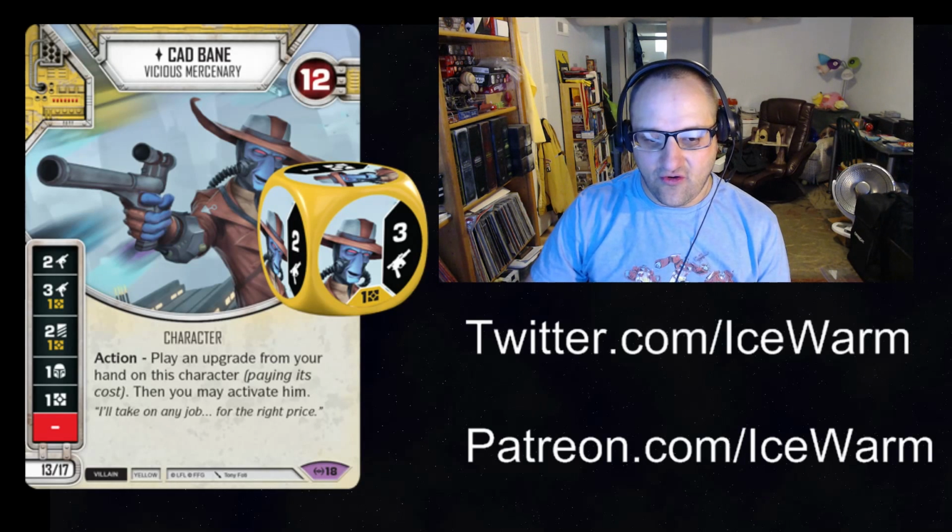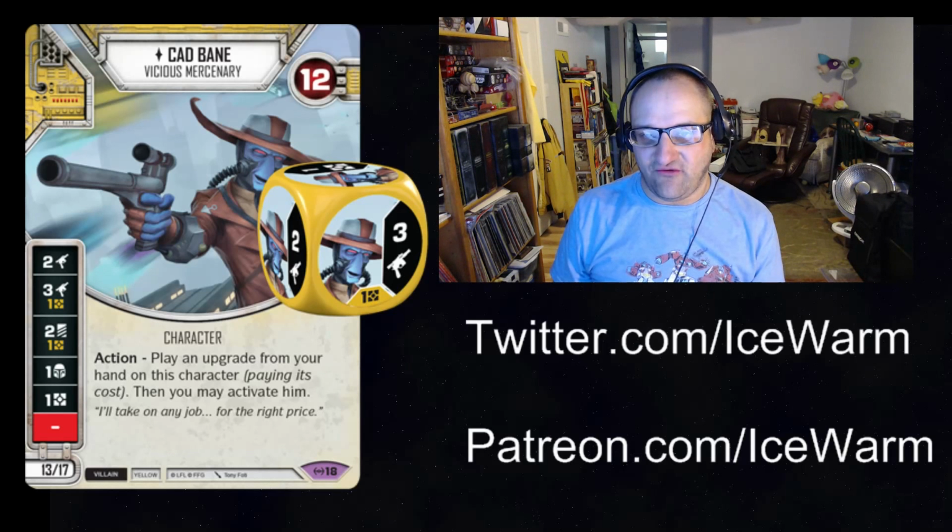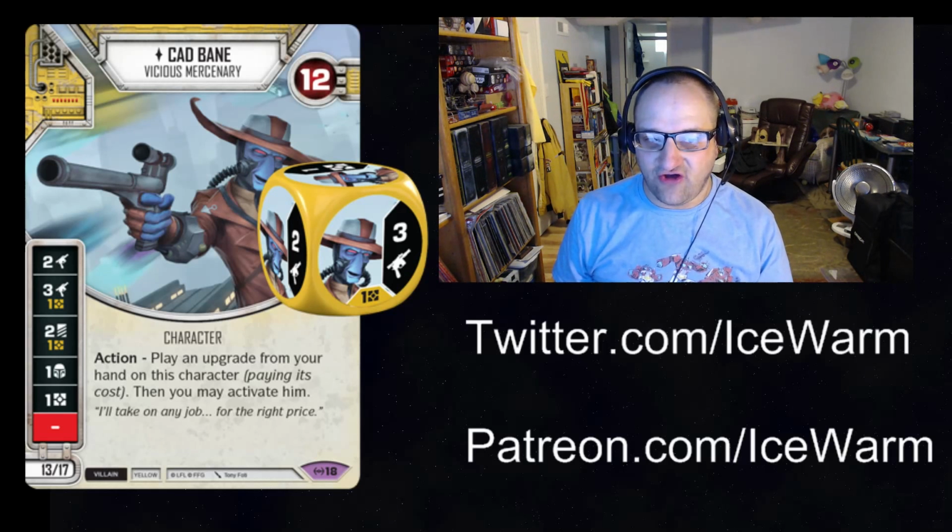First up here, we have Cad Bane. He was partially spoiled at Gen Con. His die was covering some of his action abilities. So 12 health, 13 or 17 points, 2 range, 3 range for a resource, 2 discard for a resource, shield, resource blank. As an action, play an upgrade from your hand on this character, paying its cost,